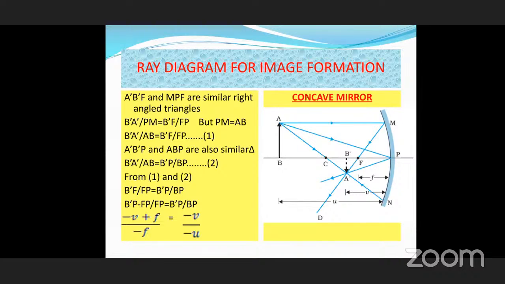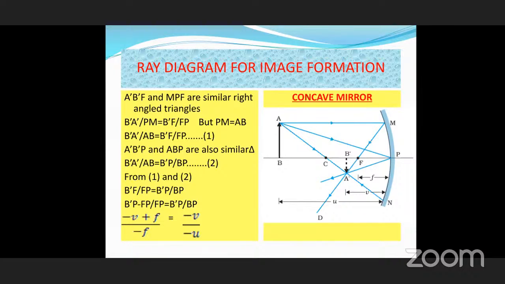But PM, here you see in the triangle, PM is equal to AB. Here in the equation, in place of PM I am writing AB. B dash A dash by AB is equal to B dash F by FP. This is equation 1. And similarly, another triangle with